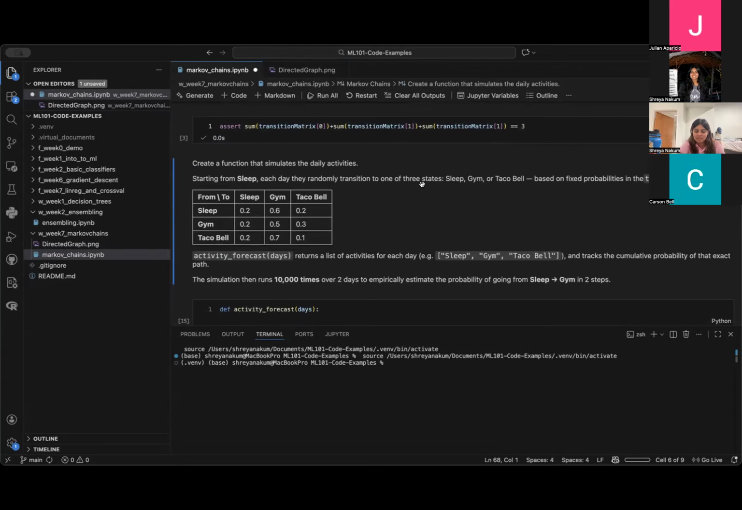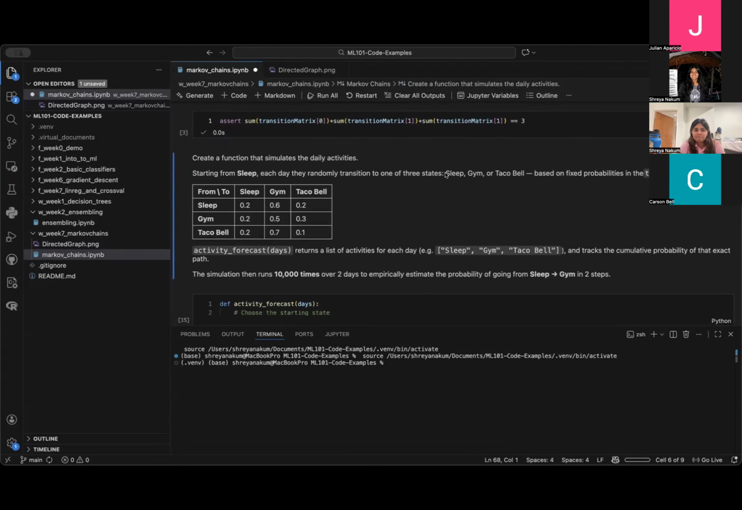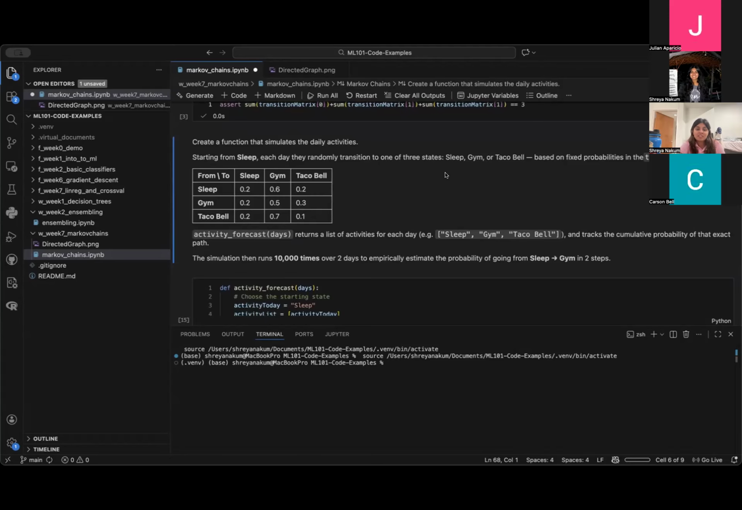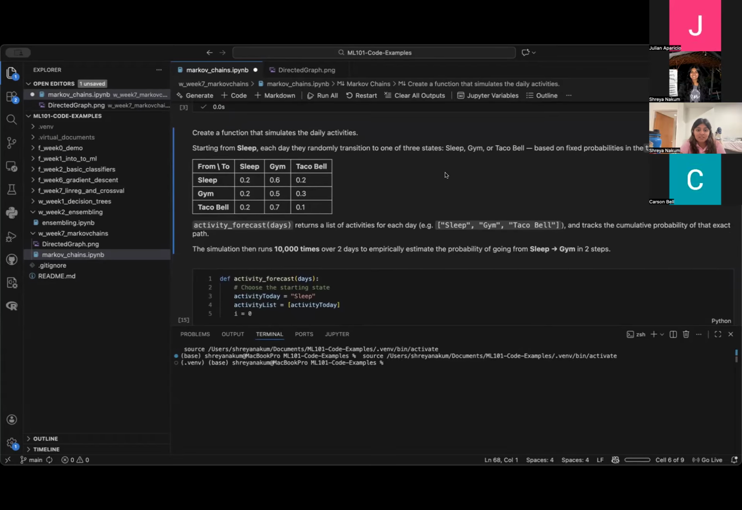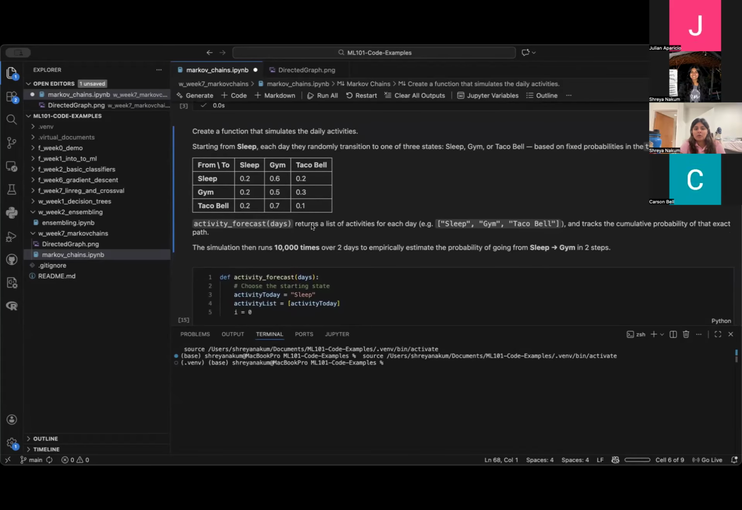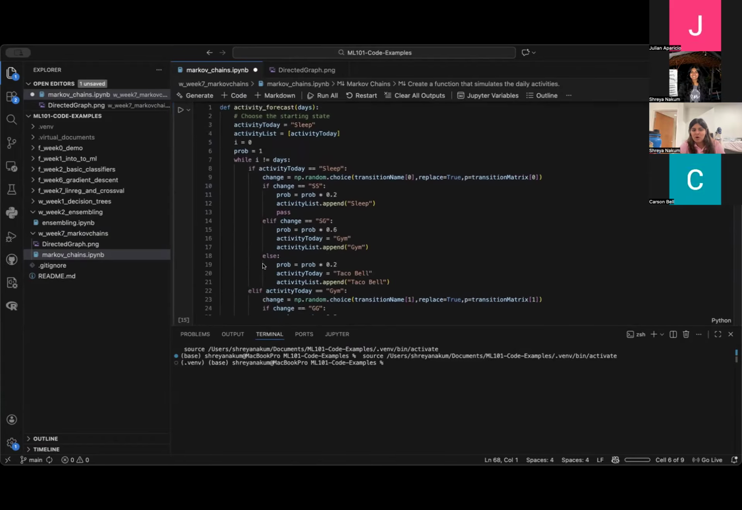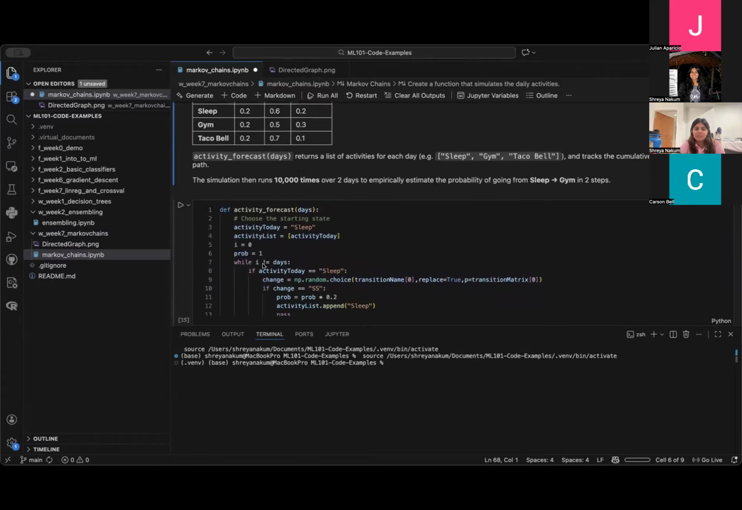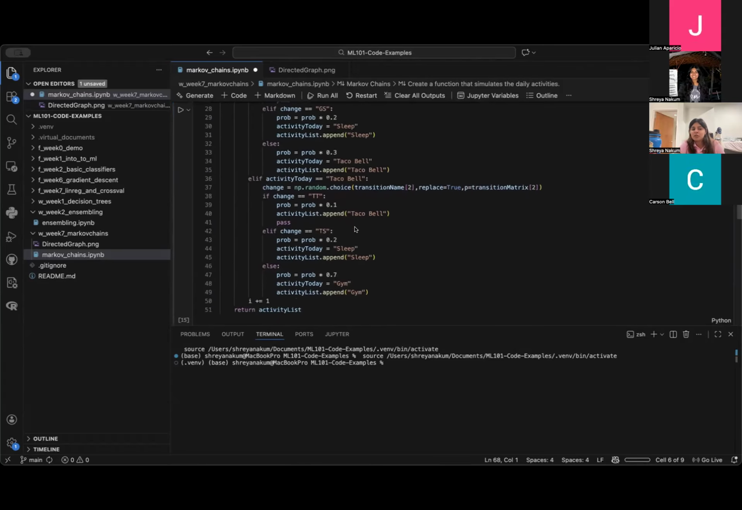Yay, that worked. And then we're going to create a function that simulates our daily activities. We call it activity forecast. It's going to tell us what we're going to do every day and tracks the cumulative probability of that exact path. If you remember that very long recursion problem that we had, this is going to be the same thing, but we're going to use a while loop instead. This is basically just simulating that. So I can choose,